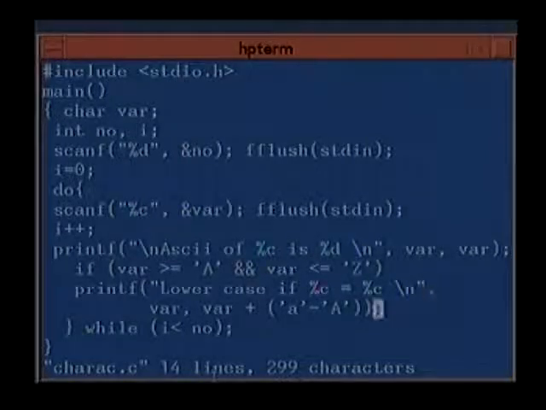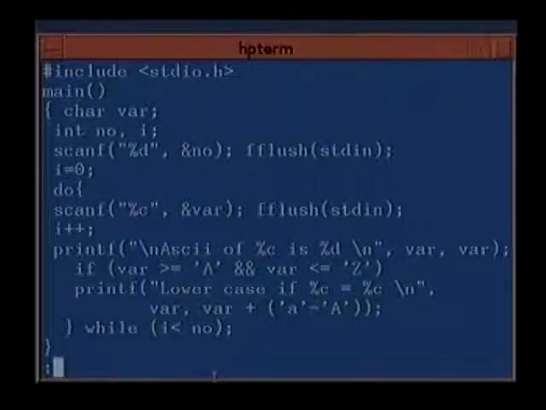And we will obtain the lowercase. How? The ASCII values of the lowercase letters are greater than the ASCII values of the uppercase letters. So you find the difference between the lowercase and the uppercase ASCII values, and you add it to the ASCII value of the variable. Then immediately the uppercase will be converted to the lowercase. For example, let us see one or two examples. It will be very clear to us what we are doing.